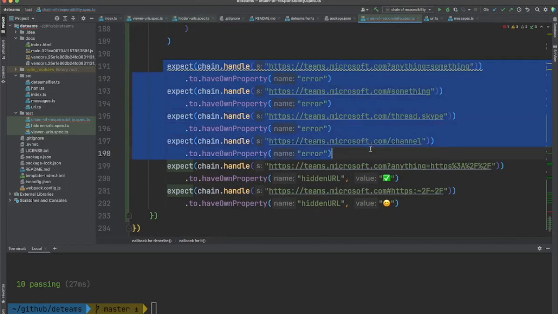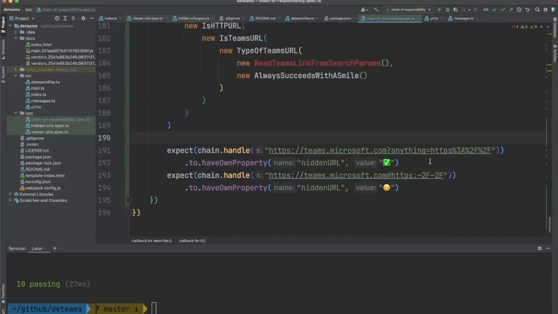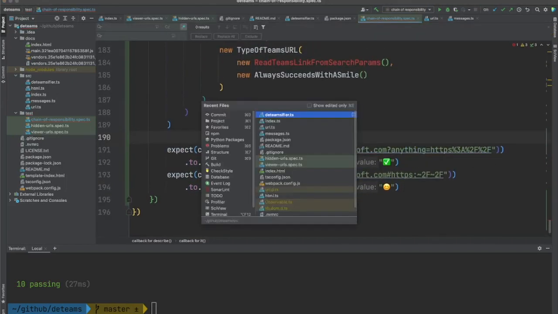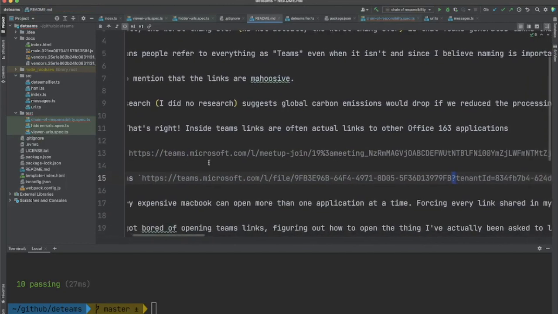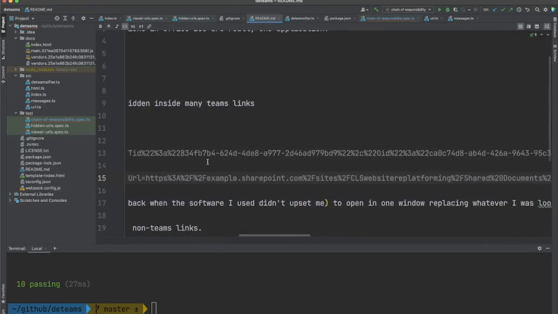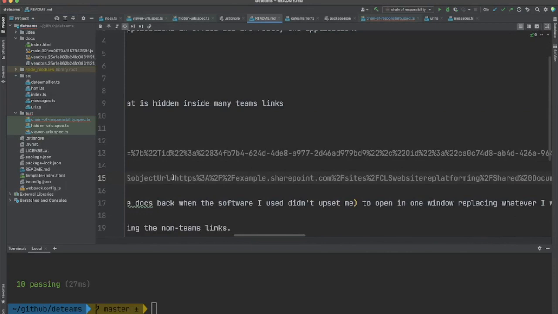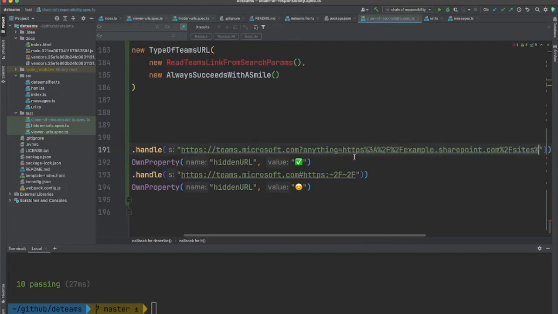I'm only going to check these two cases in this test. We're going to go to the README, and we're going to take here. Let's take a slightly longer example and put that into there, and we're going to expect the hidden URL to be